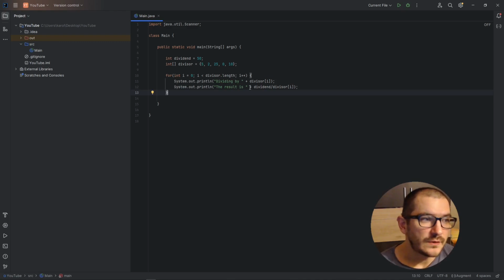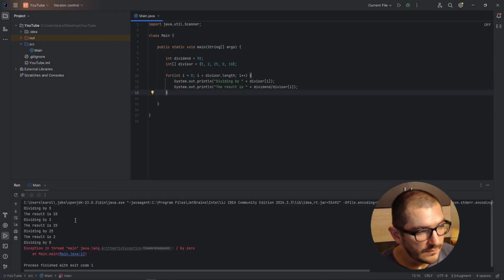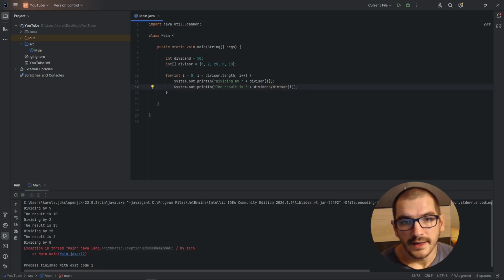I'm gonna print out which number I'm dividing with and then what the result is. And if I run this, we can see dividing by 5, the result is 10, and so on until we reach dividing by 0, and then Java throws an exception because you cannot divide by 0. So in this case, I can use a continue keyword like this,